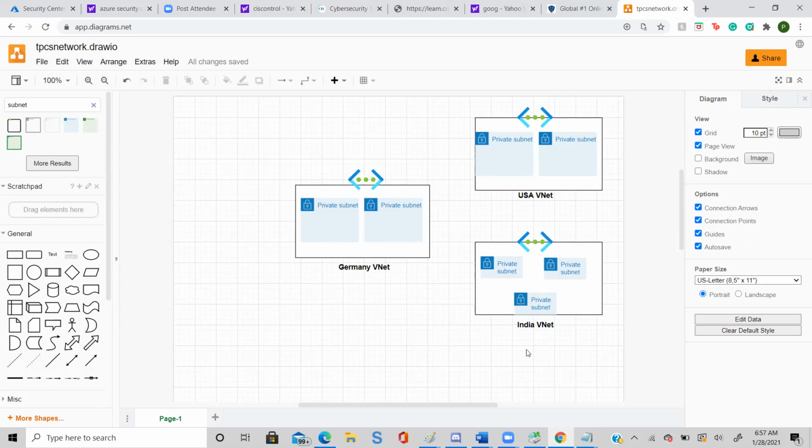Now pretty much all this network is created. It means that if you put anything inside a Germany VNet private subnet, it does not have a public IP. Now the challenge is how the Germany VNet is going to communicate with the server which is in the USA VNet or the India VNet.